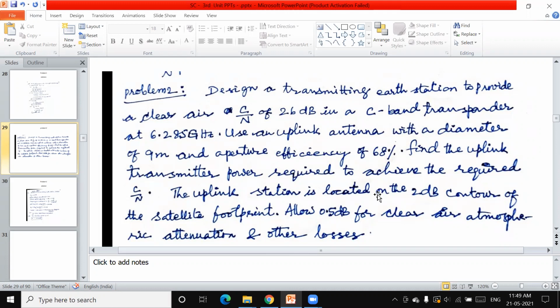ఇక్కడ ఏంటంటే uplink earth station, uplink design లో earth station లో PT power ను కనుక్కోవాలి. PT power ను కనుక్కోవాలంటే C by N ratio it is fixed, it is designed to have the carrier to noise power is equals to 26 dB. 26 dB రావాలి అంటే PT పవర్ ఎంత ఉండాలి